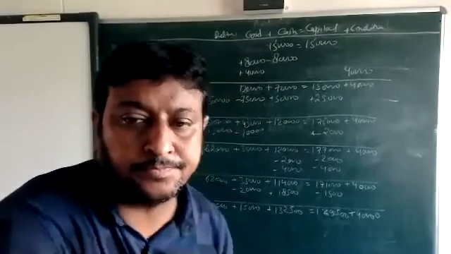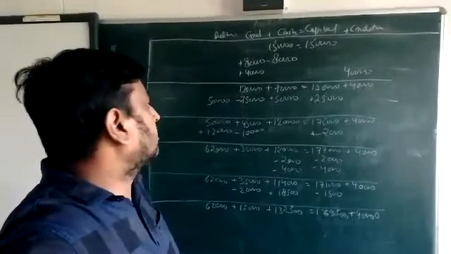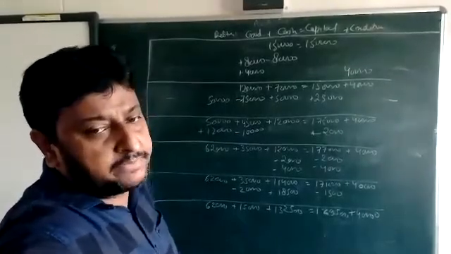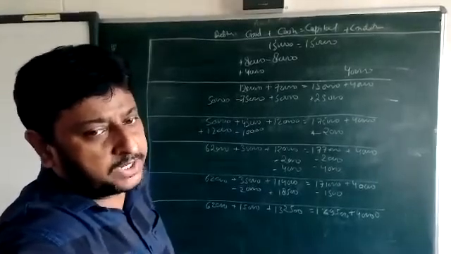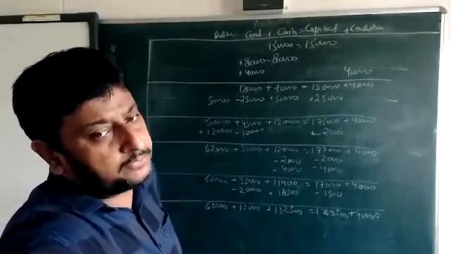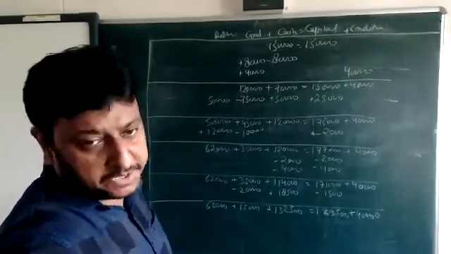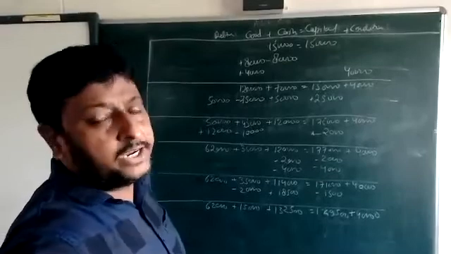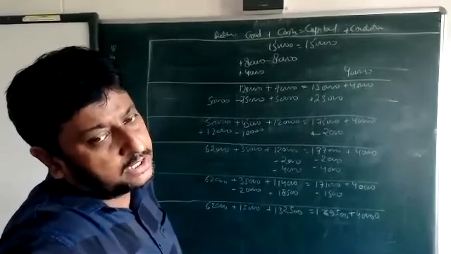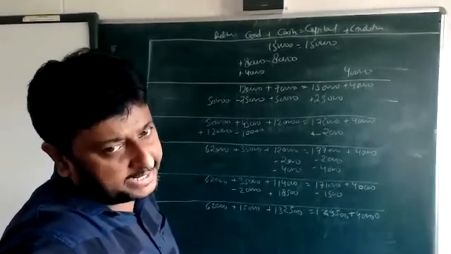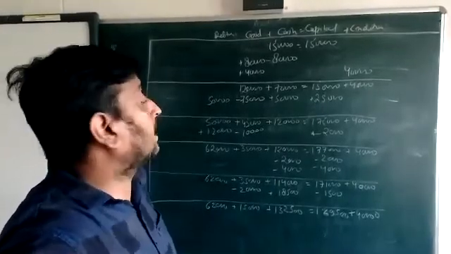Then we are going to sell 75,000 value of goods with the profit of 25%, 75 plus 25, 1 lakh. Only 50% received in cash, so add in cash 50,000 and 50,000 make the debtor. 25,000 profit will add in capital, because it's the profit. Next, again, 10,000 value of goods sold for 12,000. So from goods 10,000 less, on debtor add 12,000 because it's on credit, but 2,000 is profit that will add in capital.